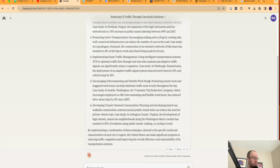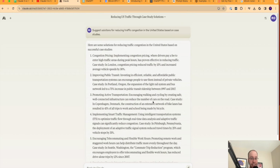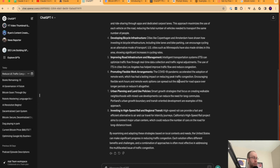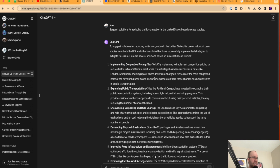Encouraging telecommuting and flexible work hours, developing transit-oriented communities. So I do like this. Just looking at this right away, these are some very viable options, and it does have actual case studies to back up these solutions. So if we come over to ChatGPT Plus, implementing congestion pricing, so similar to what we just had,